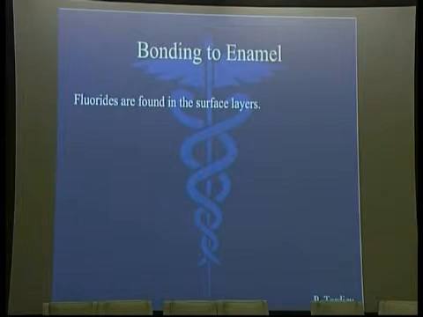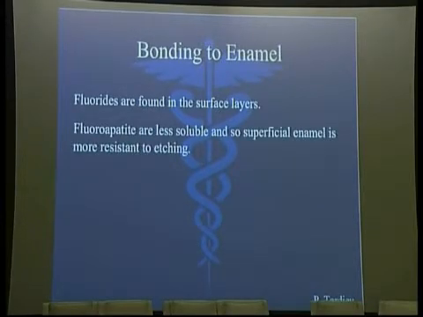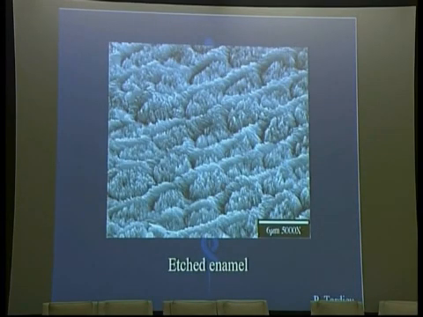So let's talk about fluorides. Fluorides are found on the outer surface of the enamel. You have more fluorides outside than in the deeper layers of enamel. So this means, when you are treating a tooth, when we are trimming that tooth, and you are trimming in a very shallow layer, you need to, and fluoroapatite are less soluble. So you need to use the fluoroapatite in